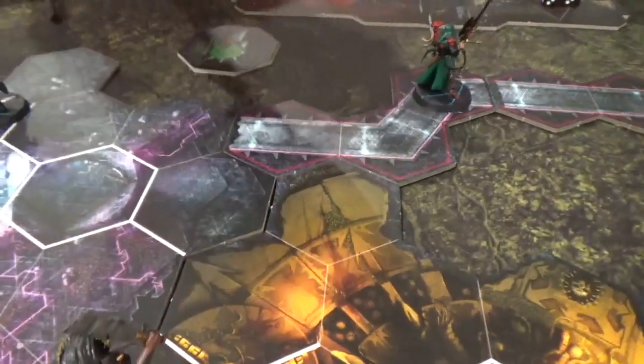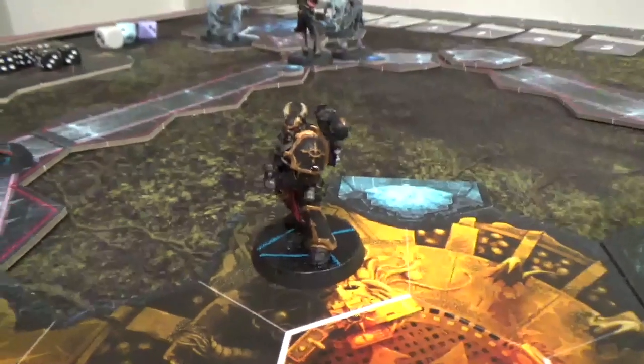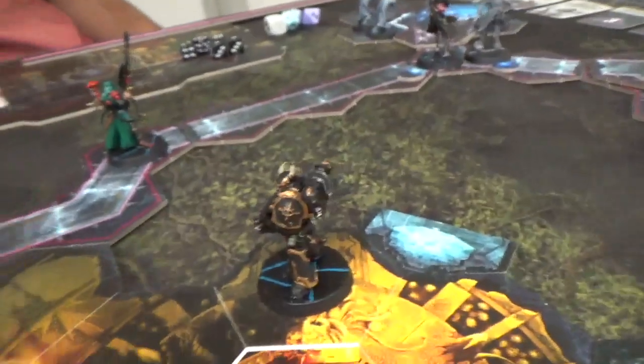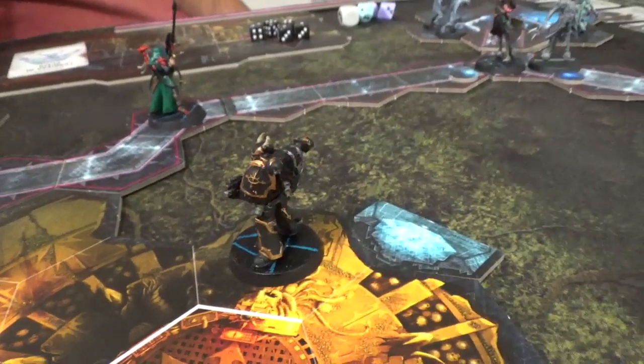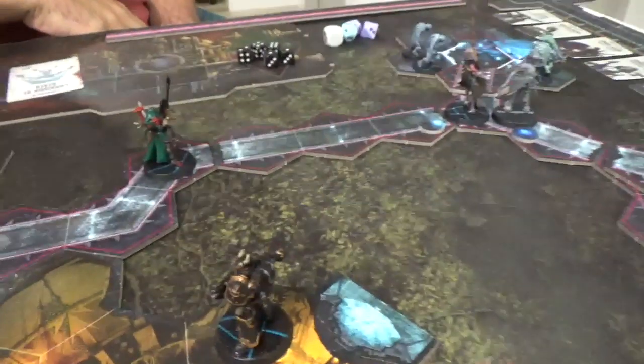Three, that's a reinforcement coming. I'll find out who. Alright, so a Chaos Space Marine is back into the fray, emerging from a portal. I think that one's the closest there, not that one. Like if you see